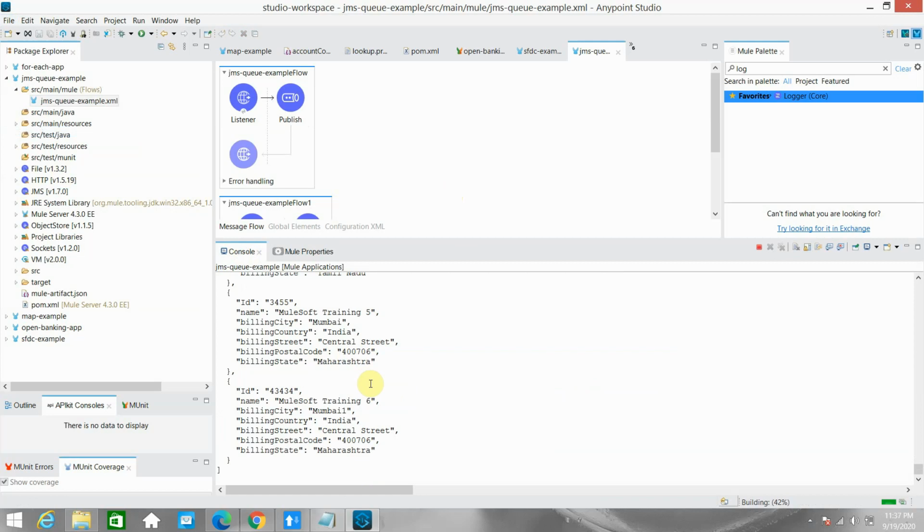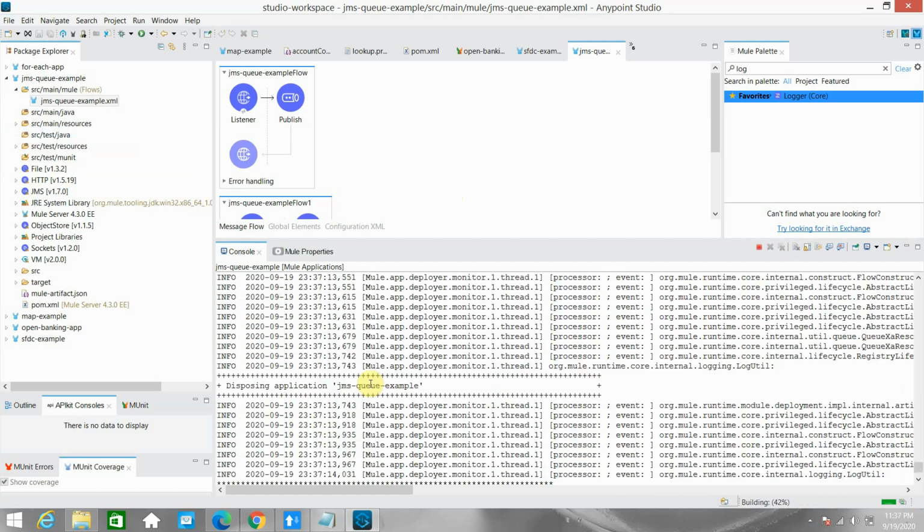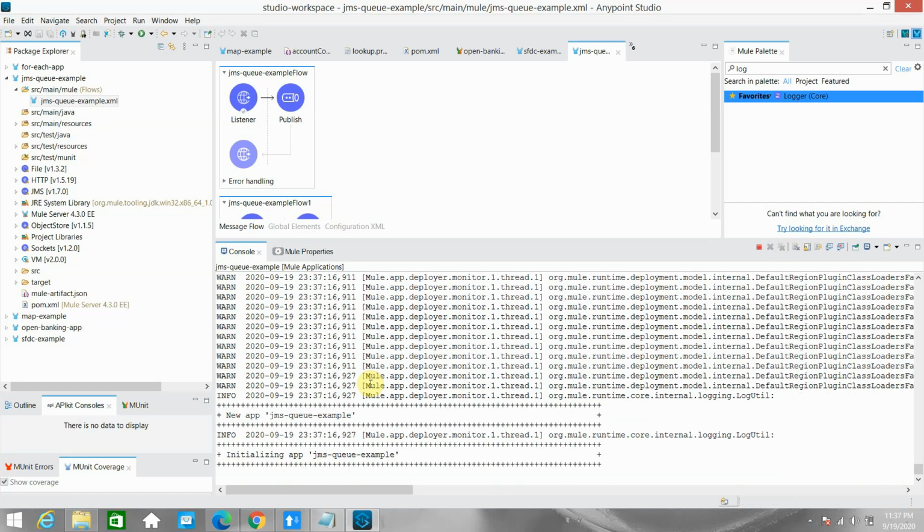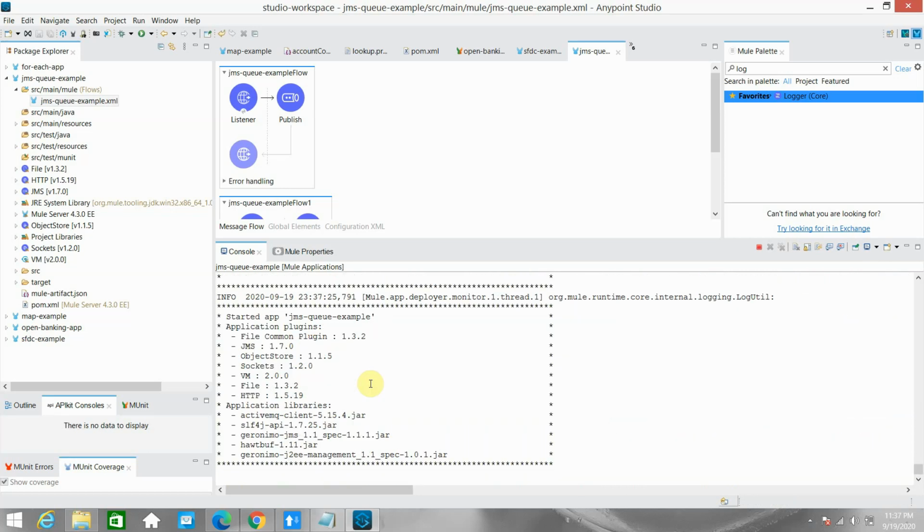Let's wait while the application is getting deployed. Generally I'm trying to publish a message to a queue which is not available in ActiveMQ. I want to show that use case to you.